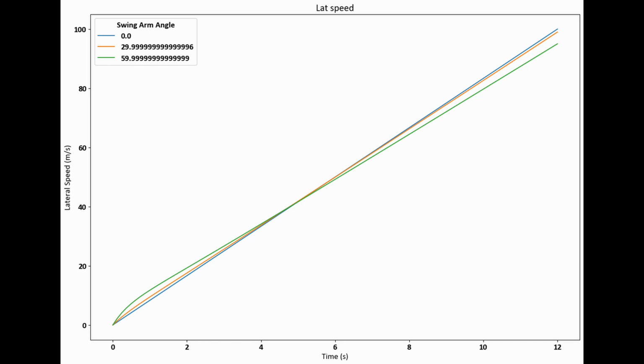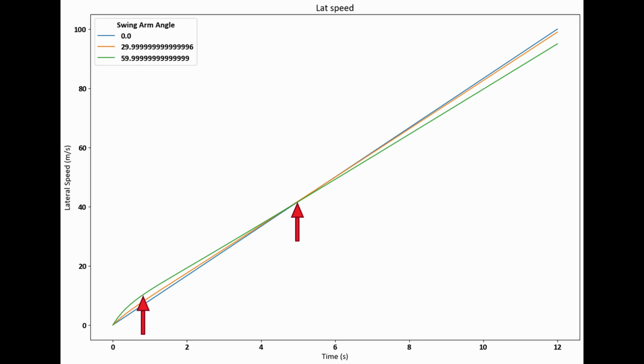Next, we're looking at lateral speed. So if you have an acceleration, you're going to have speed. Basically, in a turn, this will be how fast you're able to get through that turn, basically traveling around the center point of the arc that you're traveling. You can see, we'll look at the swing arm of 60 degrees, the lateral speed is higher until a point where it's going to get overtaken by both the lower angle and then the one where the linkage